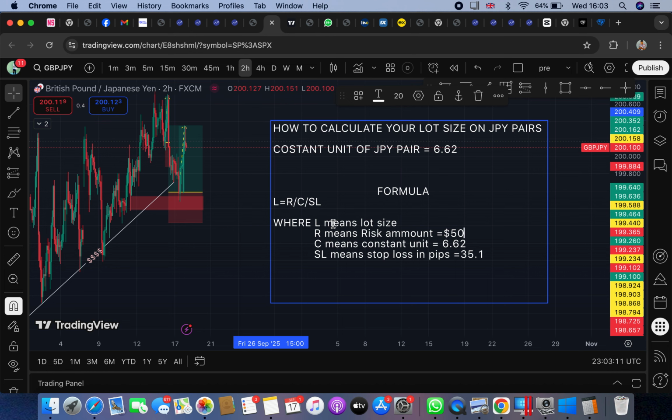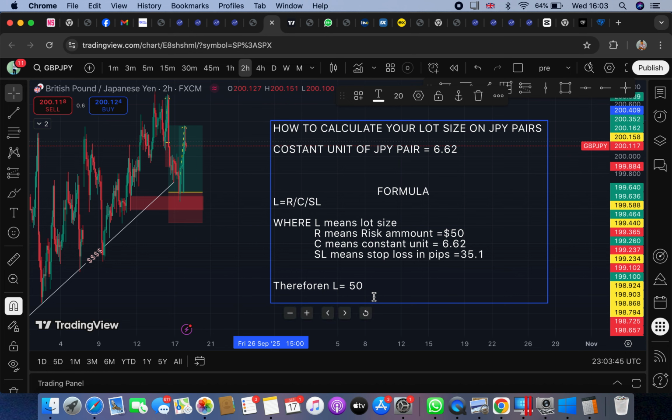Now we are looking for the lot size. We move down and say, therefore, L is equal to the risk amount. Our risk amount is $50, so L is equal to 50